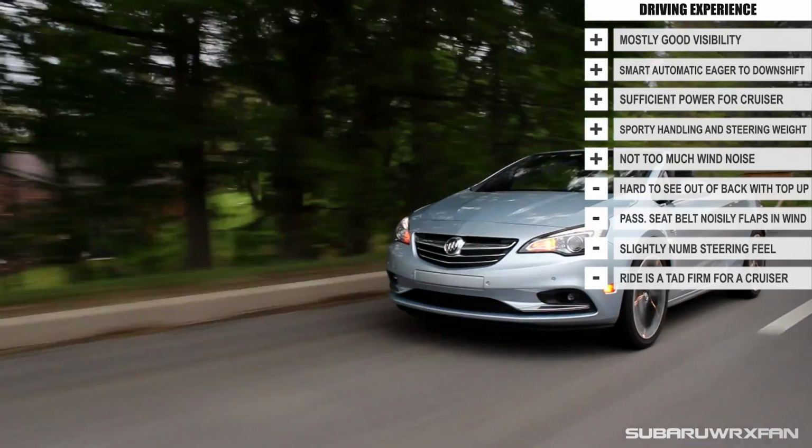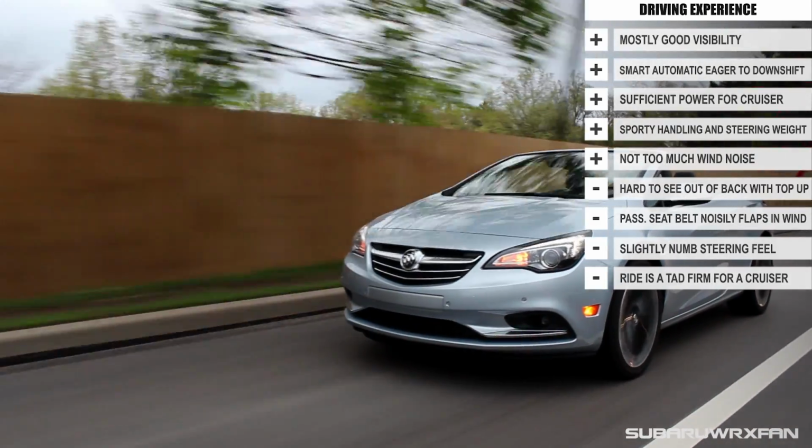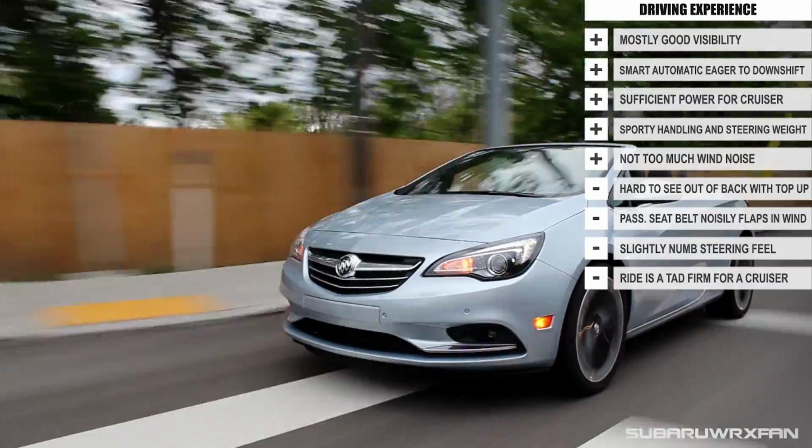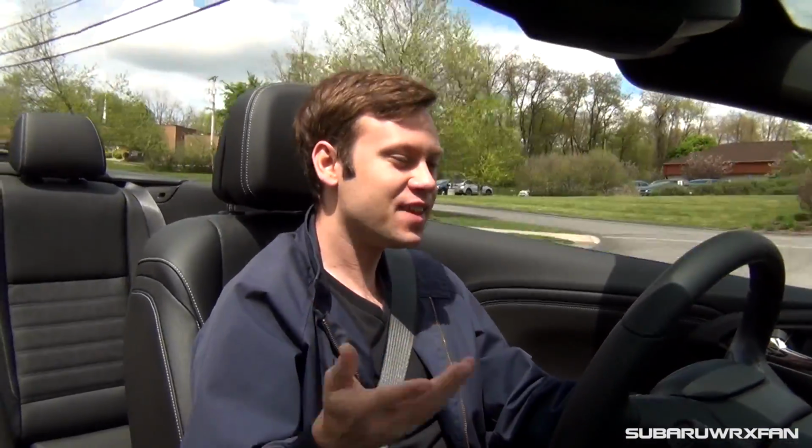It's a nice option, like I said. It never hurts to have more options. Of course, people like myself that are enthusiasts will of course go for the rear-wheel drive muscle car convertibles. But this is nice for those that maybe don't want a Beetle convertible or something like that, and want something a little more elegant and luxurious. This is a really nice